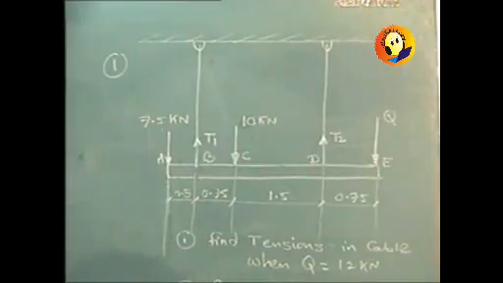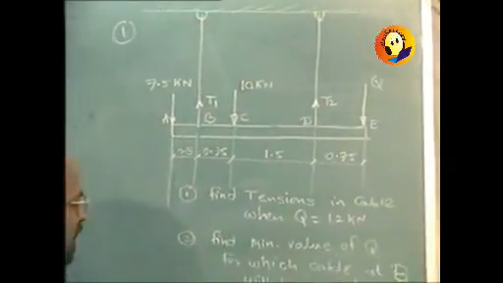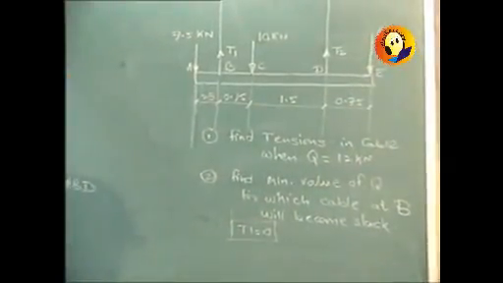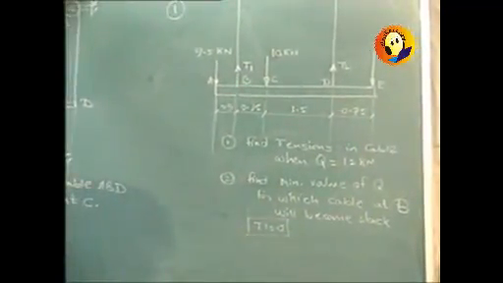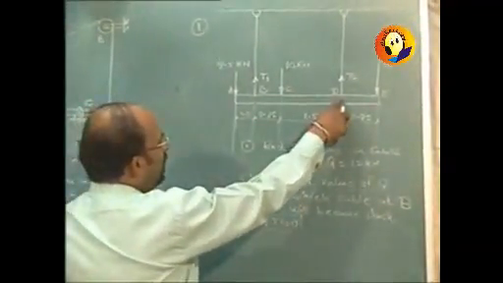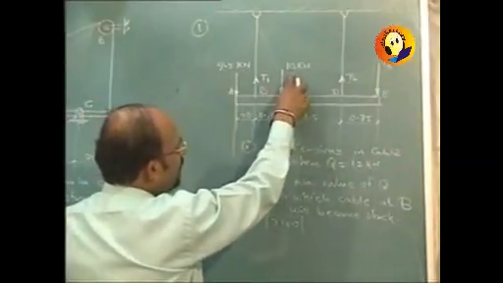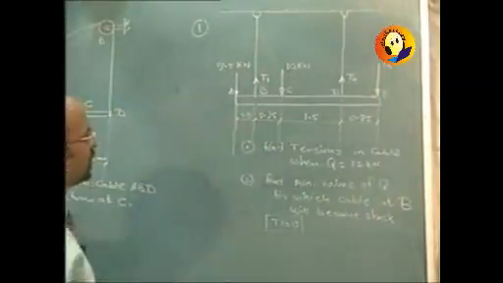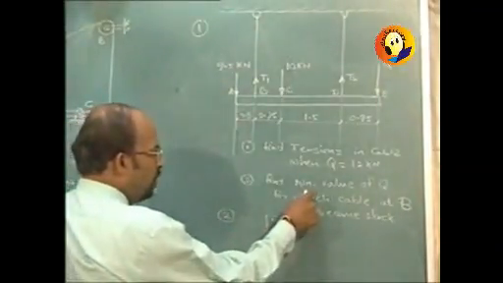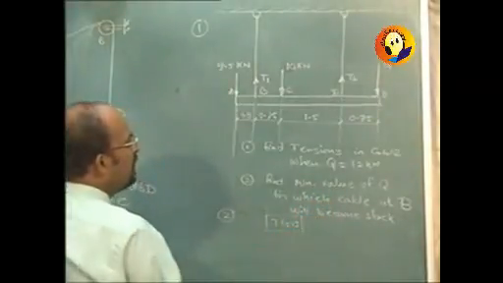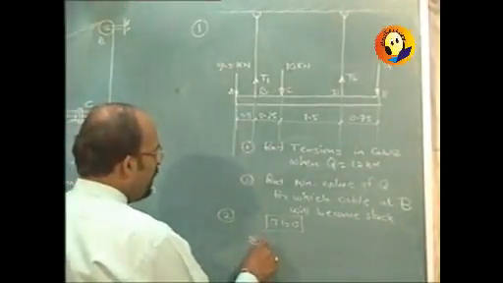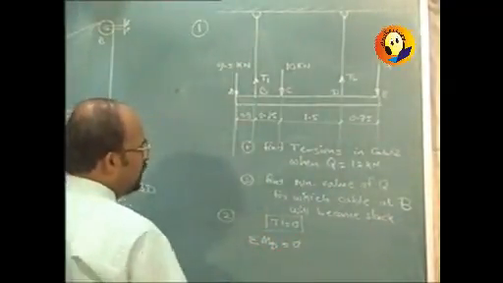So we will be saying that the cable at B will become slack when T1 becomes 0. If T1 is to become 0, then T2 will be taking the entire load. Also, the moment at point D, due to the forces 7.5, 10 as well as Q, should cancel each other because it is still in equilibrium. So when I start with the second part, for the cable at B to become slack, T1 is considered as 0, and then we will proceed by taking the moment at point D to be equal to 0